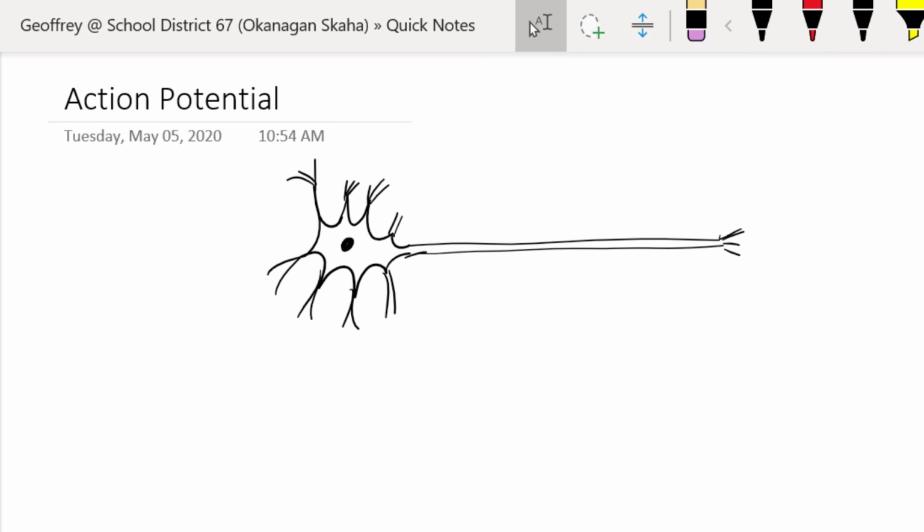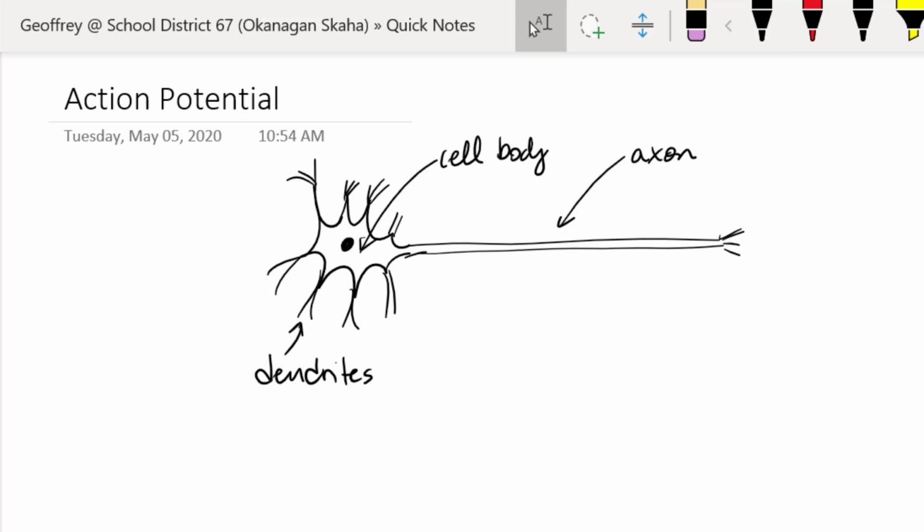So what we have is our nerve there, and we have our dendrites, our cell body, our axon, and our axon terminal. Now, this axon terminal can lead to another neuron, or it could lead to an effector. This would be a muscle or gland. All right, and so we're going to focus on one part right here, and this section is called the axon